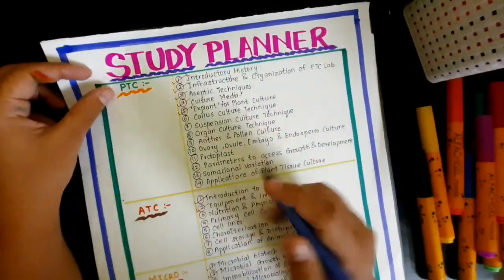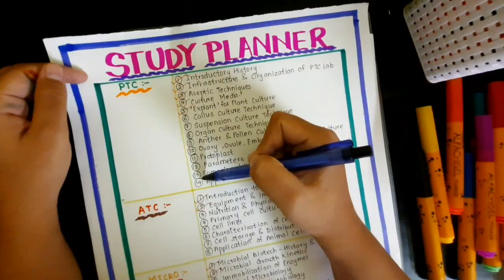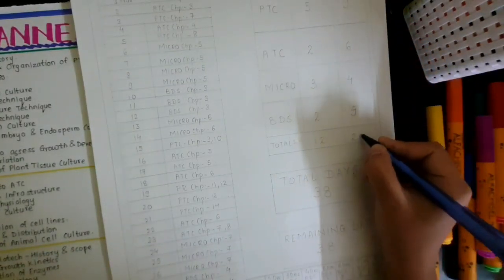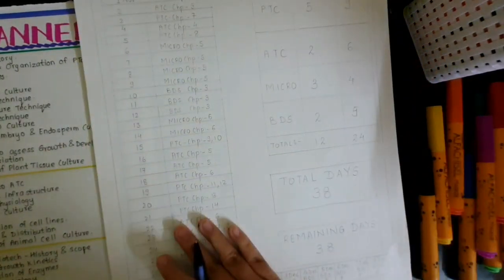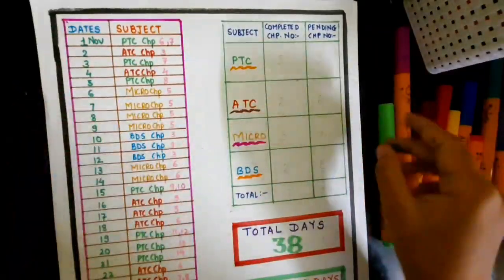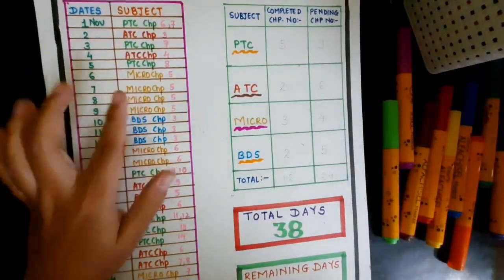So now, as I have told you before, in the completed chapter column you need to write the completed number of the chapters, and in remaining the remaining ones. So the ticked ones will be going in completed, and in pending which are not ticked. So this you need to change every day as per you do your study, and then after everything is done just color it out. And this is how it looks when it gets completely colored and completely scheduled.